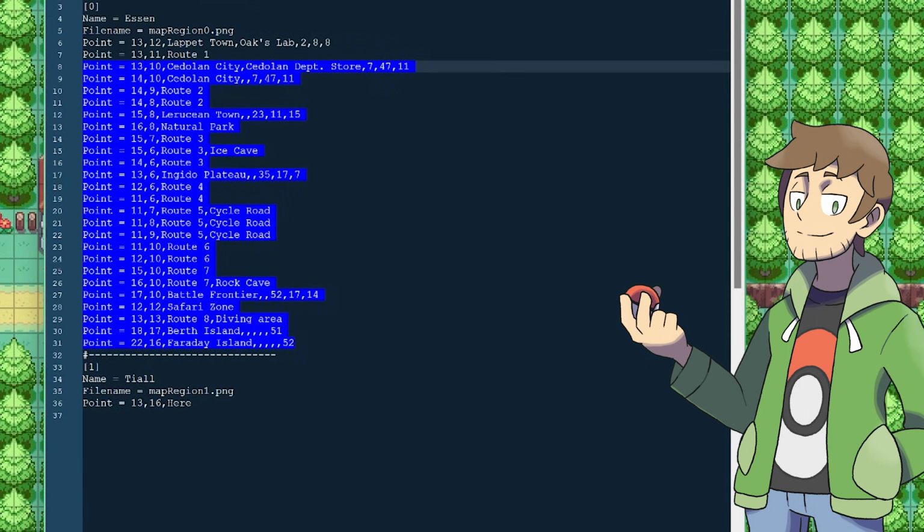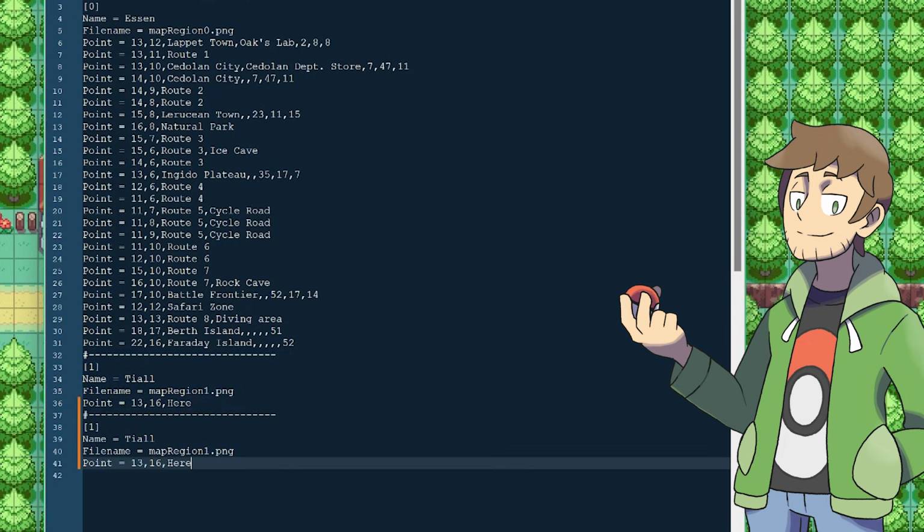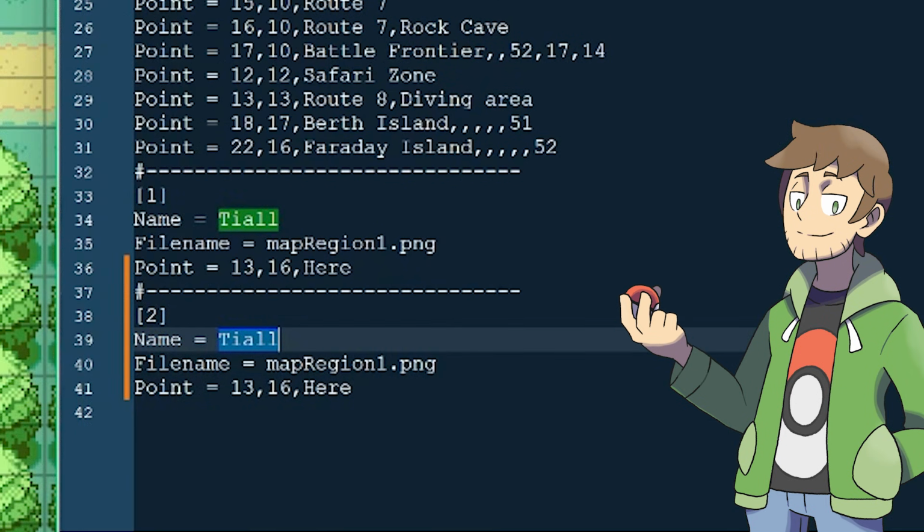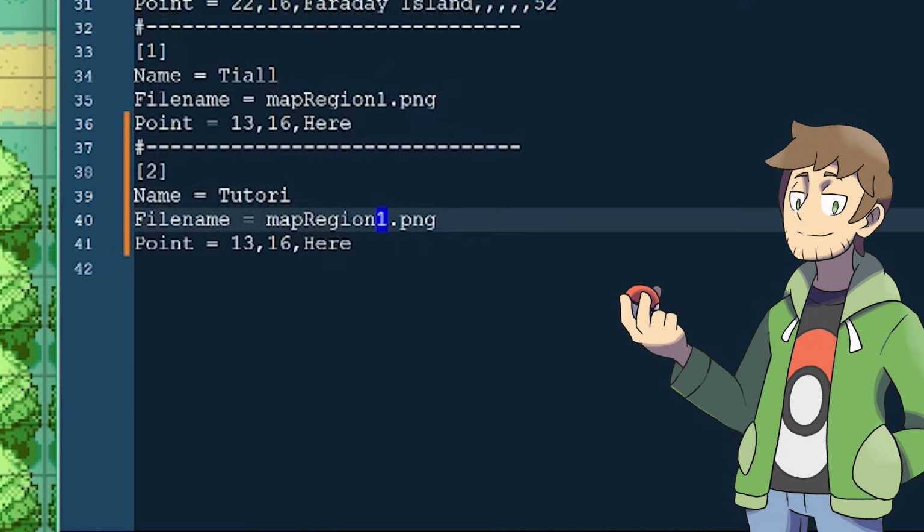To add our new region to the game, what we can do is just copy some of this right now, go down and paste it, and instead let's make this region 2. Now let's come up with a cool name for it. How about something like Tutori, because this is for our tutorials. Then let's also make sure it properly loads map-region2.png, and then we can delete this extra point here. Now all we gotta do is save this, and now we have everything set to start seeing our map data